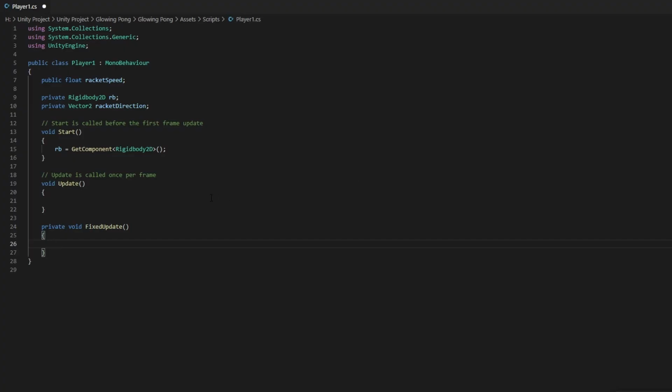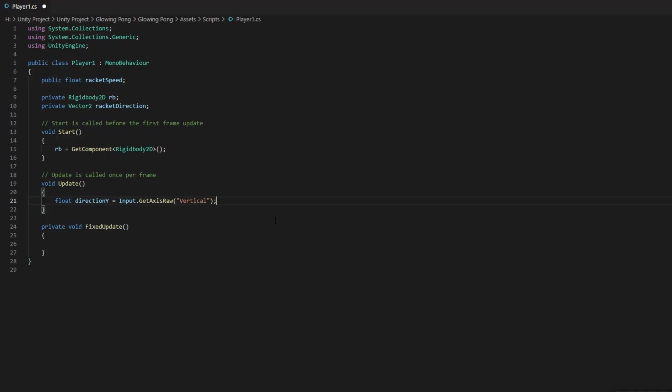Now in the Update function, we need to first check if player1 pressed a button and save that within a float. So we are going to name our float directionY, and it will be equal to Input.GetAxisRaw("Vertical"). This line of code means that we are getting the input from player1, and the input I want to have is GetAxisRaw, which means it doesn't matter how hard or soft player1 presses on the button, it will simply take the raw value. And then we have the axis name, which is Vertical. So how did we get this axis name Vertical?